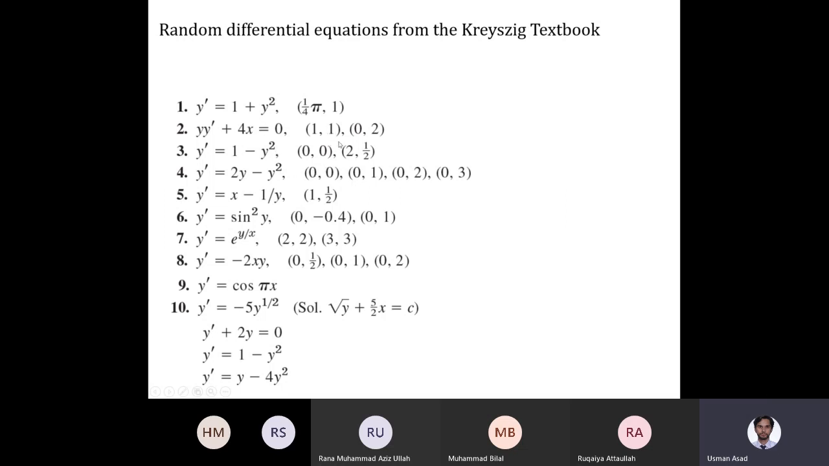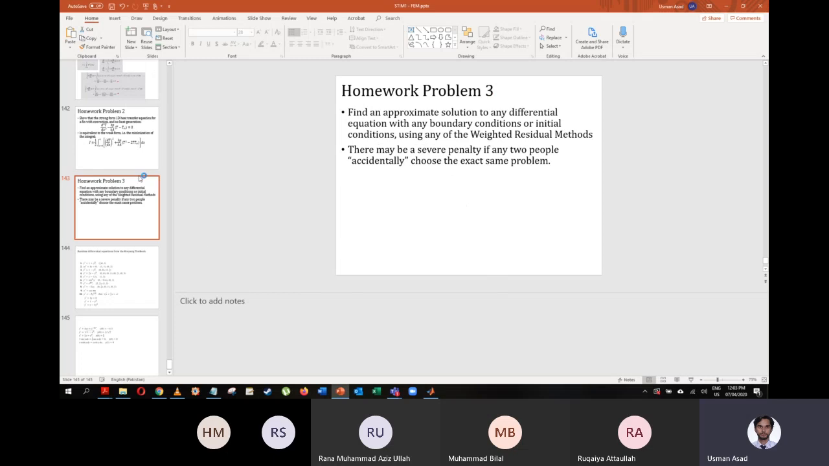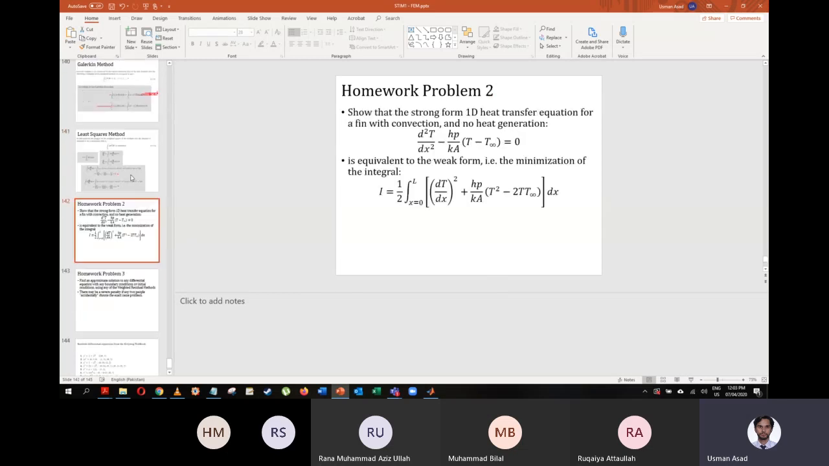जो कि उसकी आपके पास बाउंड्री कंडीशंस भी होनी चाहिए, and then find a solution to that using any of those 4 weighted residual methods. ठीक है. If you can do that, that's all I require from ये weighted residual वाला method. ठीक है. Okay, but अभी क्लास शुरू होने से पहले,